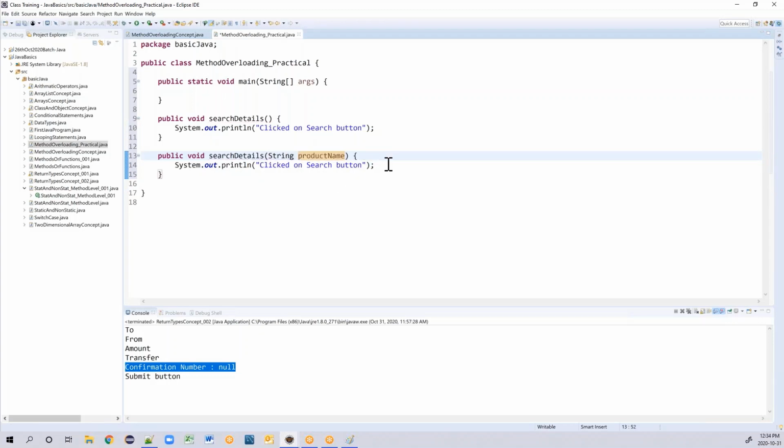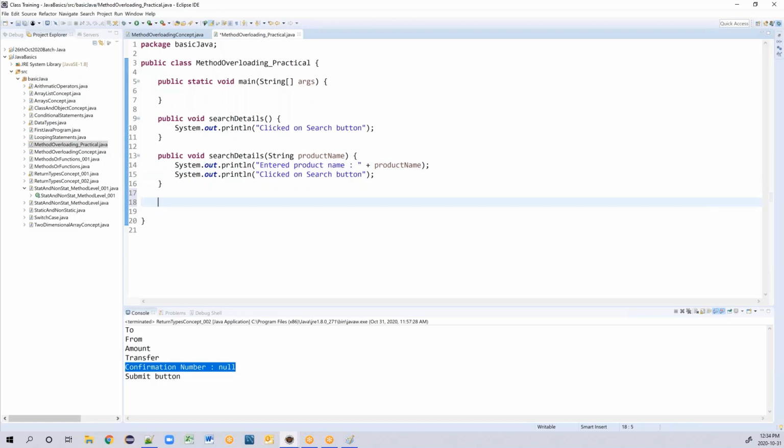And here you are entering the product name. Entered product name. So I'm going to pass the same product name here. This is the second one.